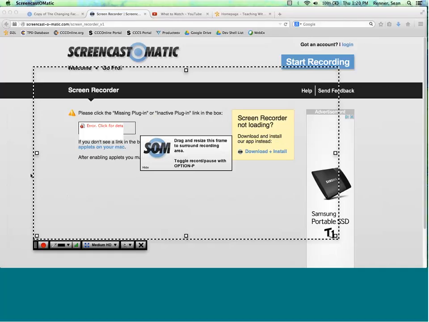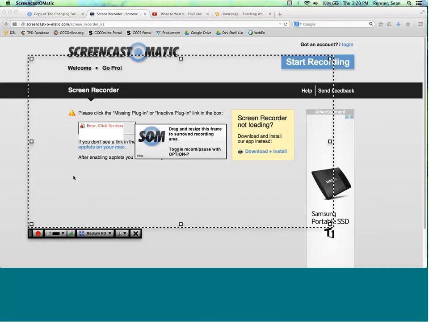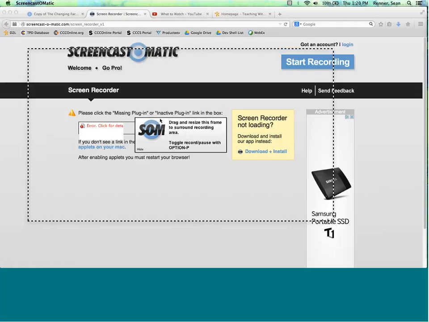So the first step in our recording is going to be setting the area that we are recording. So you'll see when it pops up here, it has these dotted black and white lines. These are the area that the screen capture is going to record. So this means that it's not going to capture anything outside the box. It's only going to capture what happens inside the box. So the way that we change the area here is with this drop-down menu.